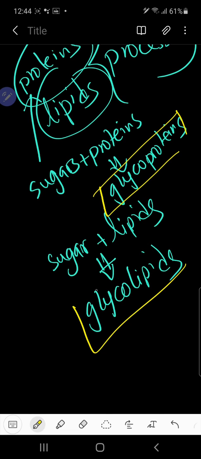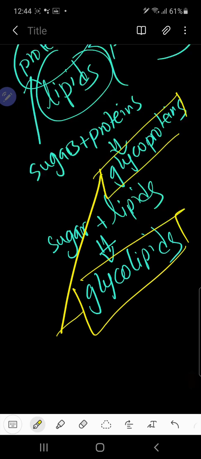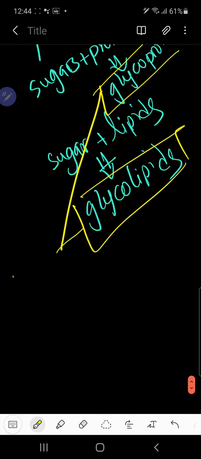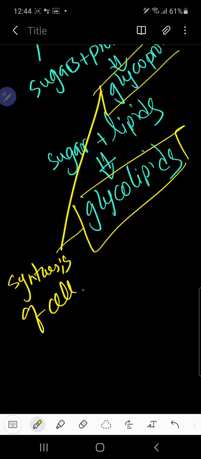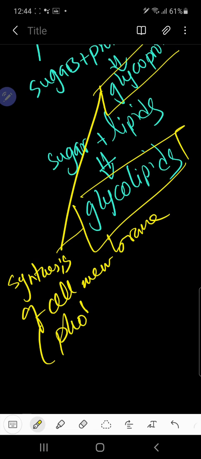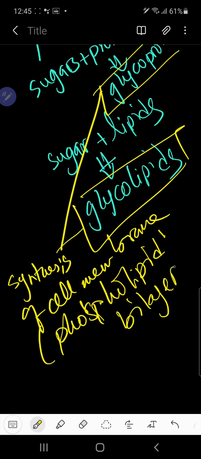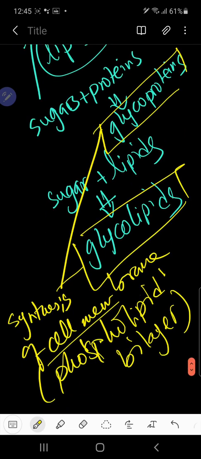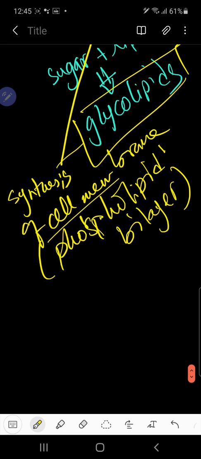These glycoproteins and glycolipids are used for the synthesis of the cell membrane. When we study the phospholipid bilayer in later chapters, we're going to see how this works. So these glycolipids and glycoproteins are used for the synthesis of the cell membrane or the phospholipid bilayer. Also, another function of the